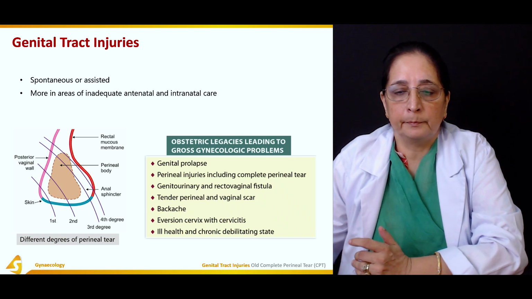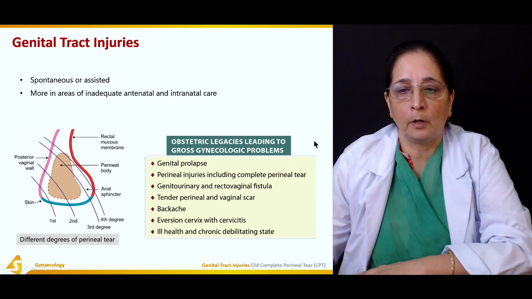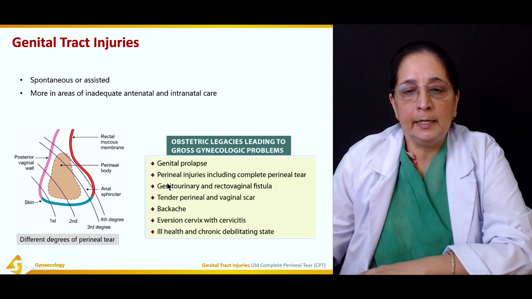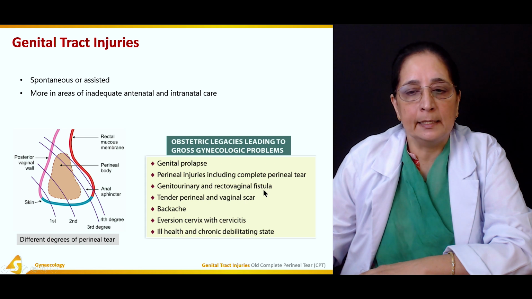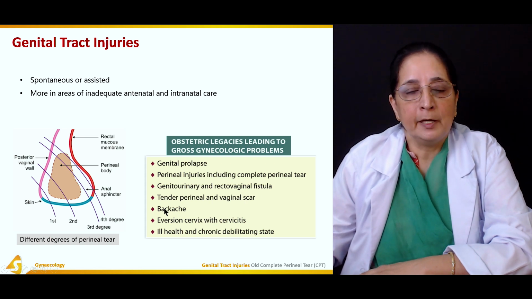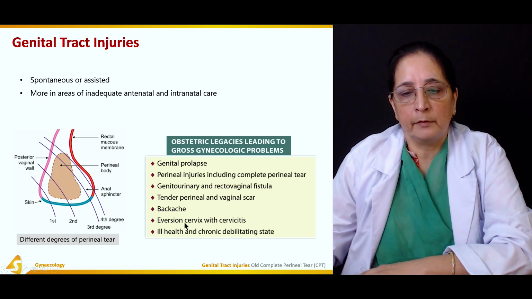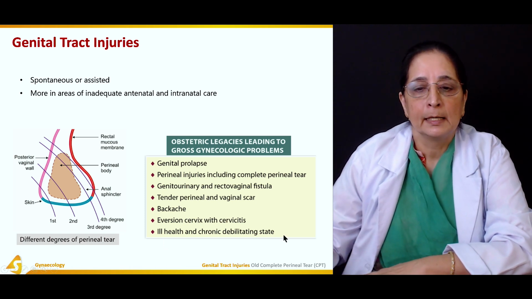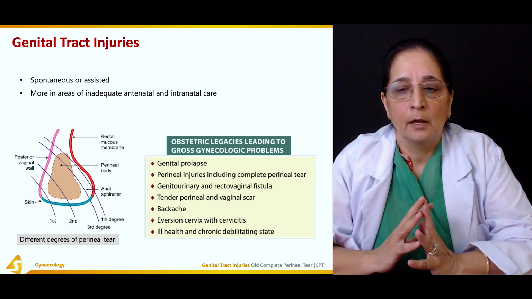Some obstetric legacies that can lead to gynecological problems: one is the genital prolapse, then the perineal injuries including complete perineal tear, genitourinary and rectovaginal fistula, tender perineal and vaginal scar, backache, eversion of cervix with cervicitis, and ill health and chronic debilitating state. So all these are the conditions which can cause gross